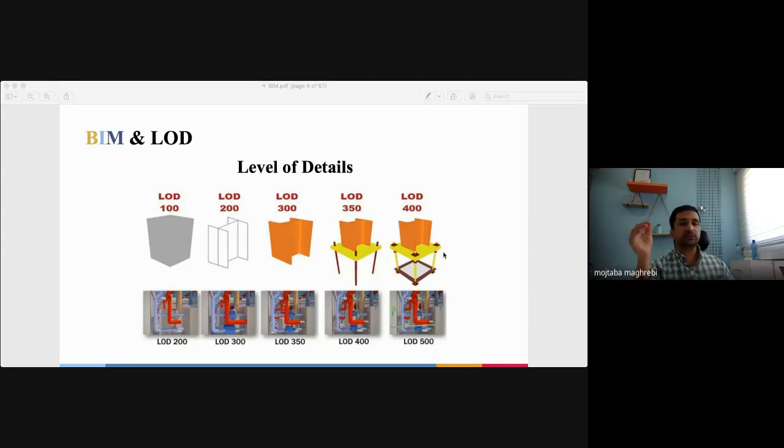In LOD 500, we have maintenance information. In terms of the visual aspects, 400 and 500 are pretty much the same, with the difference that in LOD 500 we incorporate the maintenance information into the model.